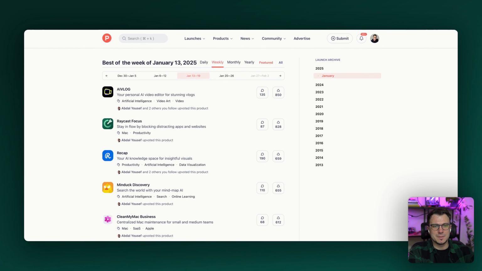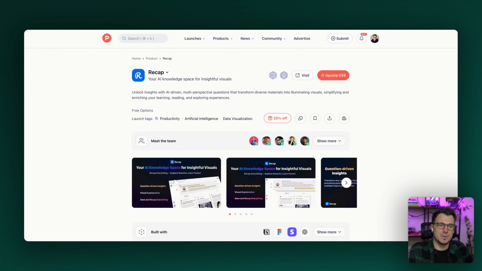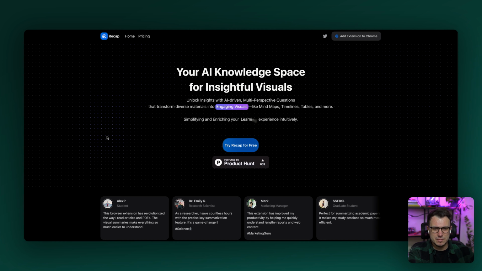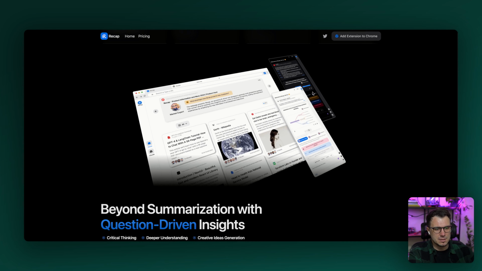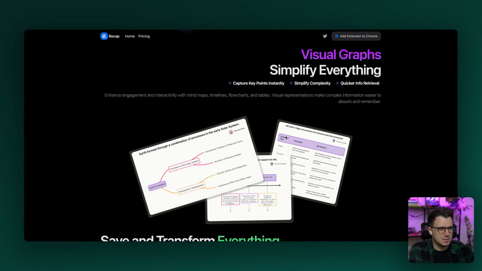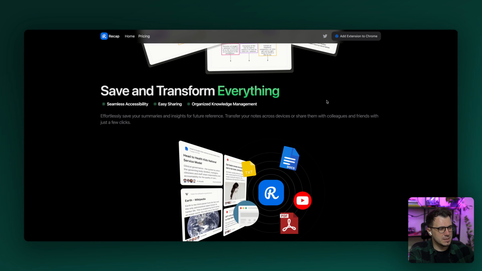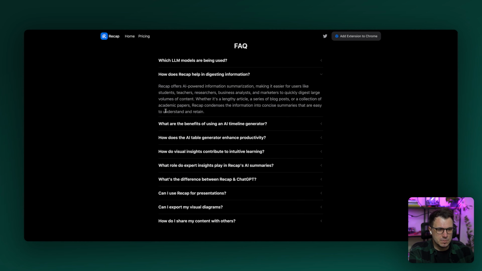So let's get started. First product is called Recap, your AI knowledge space for insightful visuals. Okay, the website looks interesting. It's this thing that follows the pointer, adds a bit of a flavor to this whole thing. Also the button, it's easy to spot on the dark background. It has this stroke that moves around, so it attracts a bit more attention. Has hover states, that's cool. There is a preview of the product and some highlights of the features as well, and what you can do,